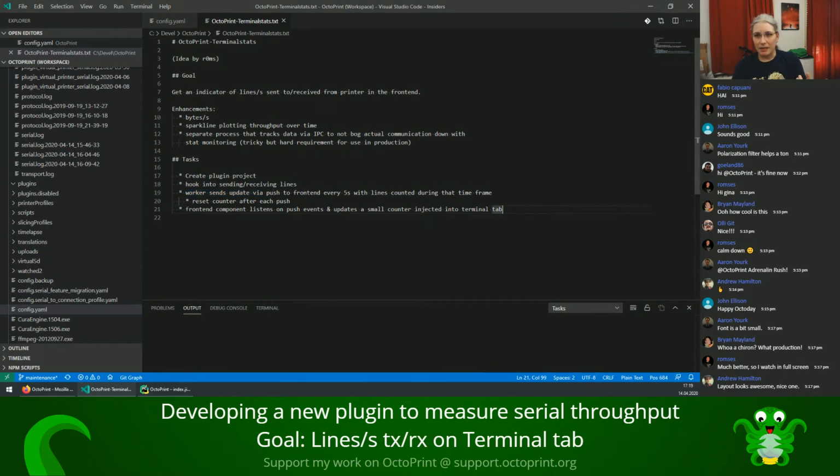And finally, we need some part in the front end, some kind of component that listens on these push events that we get from the server, and then updates a small counter display unit that we inject into the terminal tab. So this is the rough 50,000 foot perspective on how we are going to achieve all this. So let's start with the basics first. I actually need